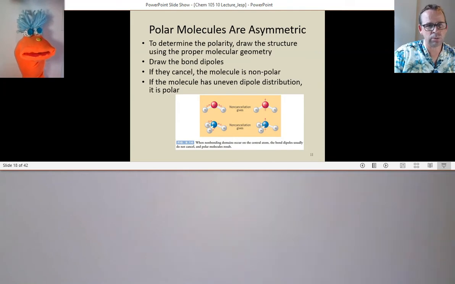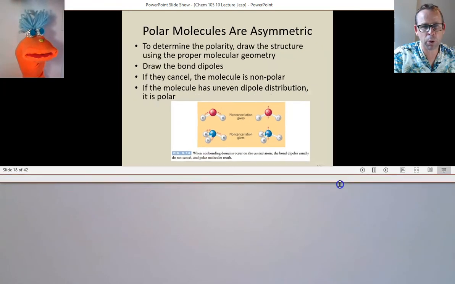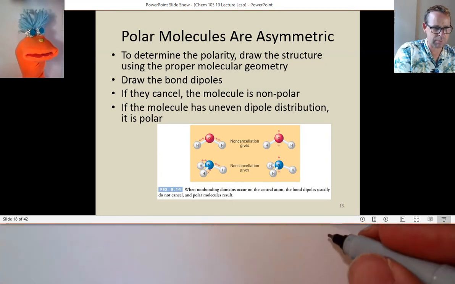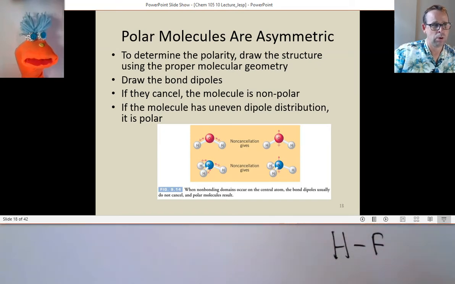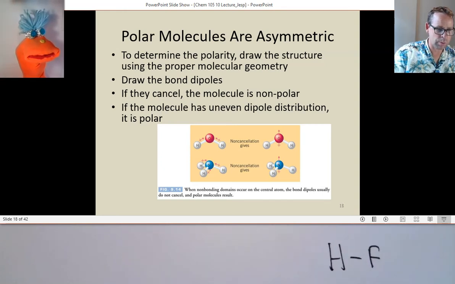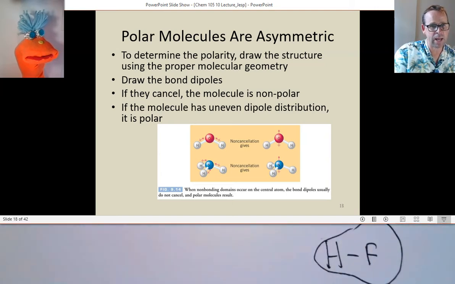All right, so just like you can have polar bonds, you can have polar molecules. Now remember how we could identify whether a bond was polar or not? Kind of. So tell me, is this kind of a bond polar? Yeah, because fluorine is very electronegative and hydrogen is not. Very good. And so we would either draw the electron density around the fluorine, or